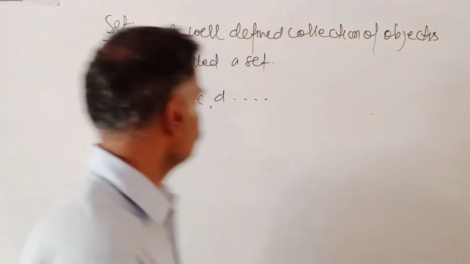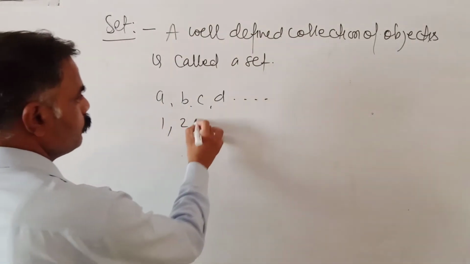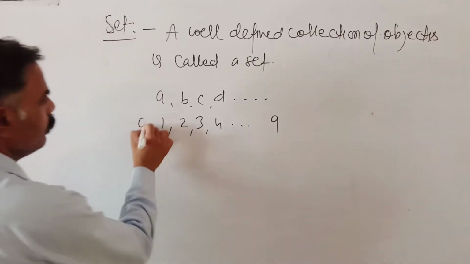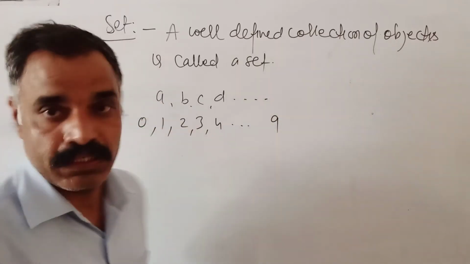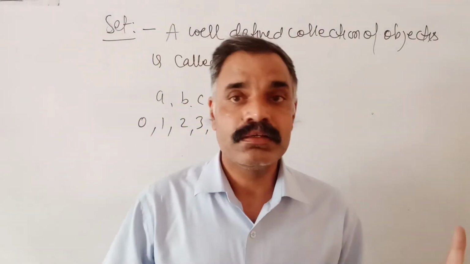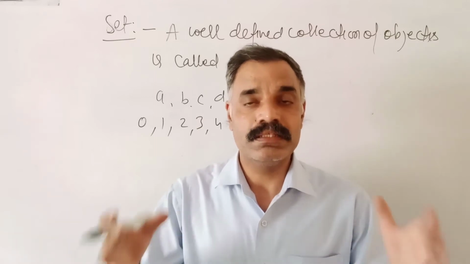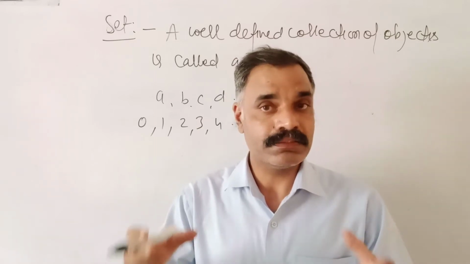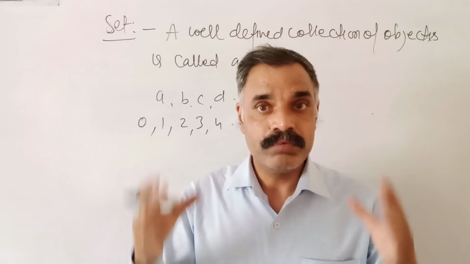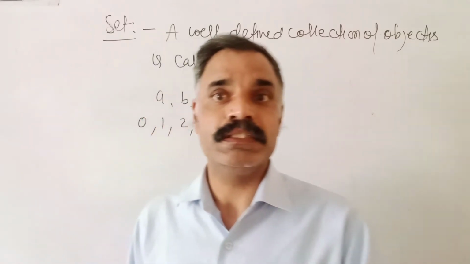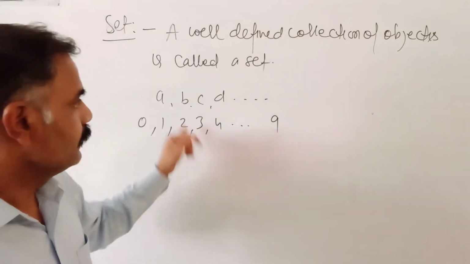Now suppose we have 0, 1, 2, 3, 4 up to 9. All these are digits in mathematics, having the same category and a well-defined collection. So this is also a set of digits, as the other was a set of